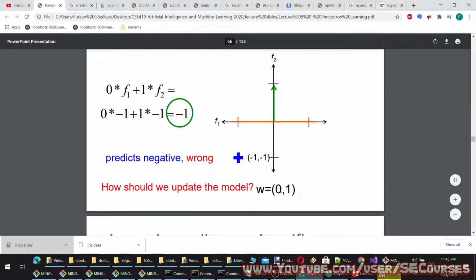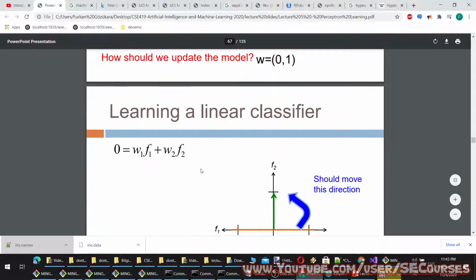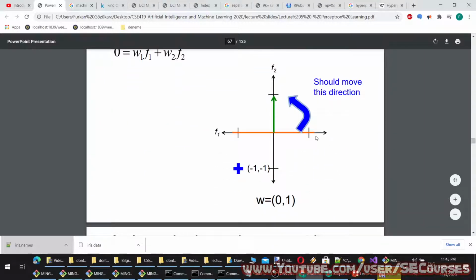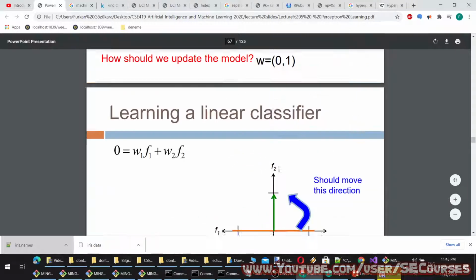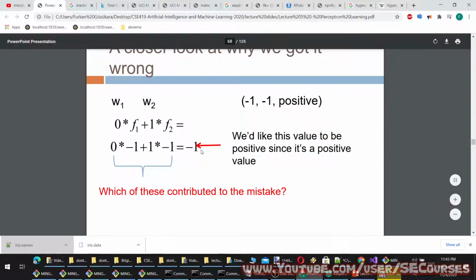So in this case, weight 2 has contributed in an incorrect way. So we have to decrease it. And weight 1 could have contributed in a better way. However, since this is also negative, we have to also change it. So we move in this direction again, and we update the weights